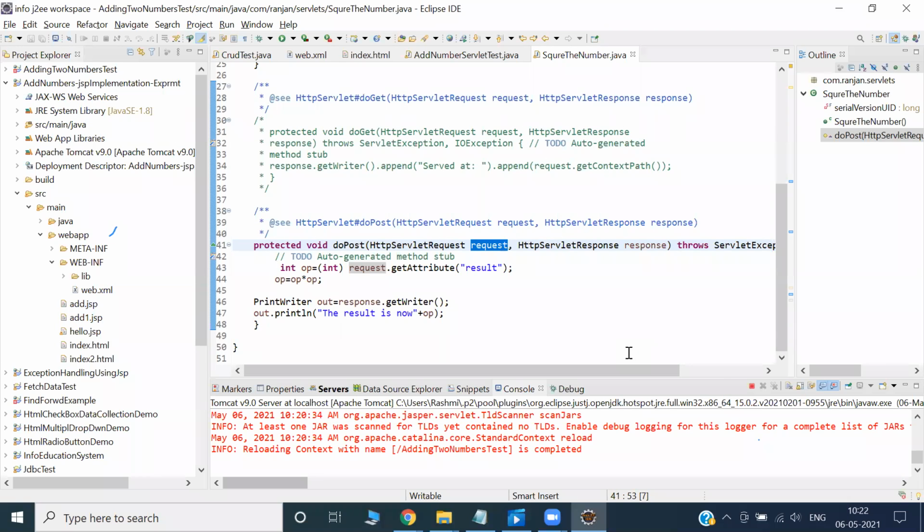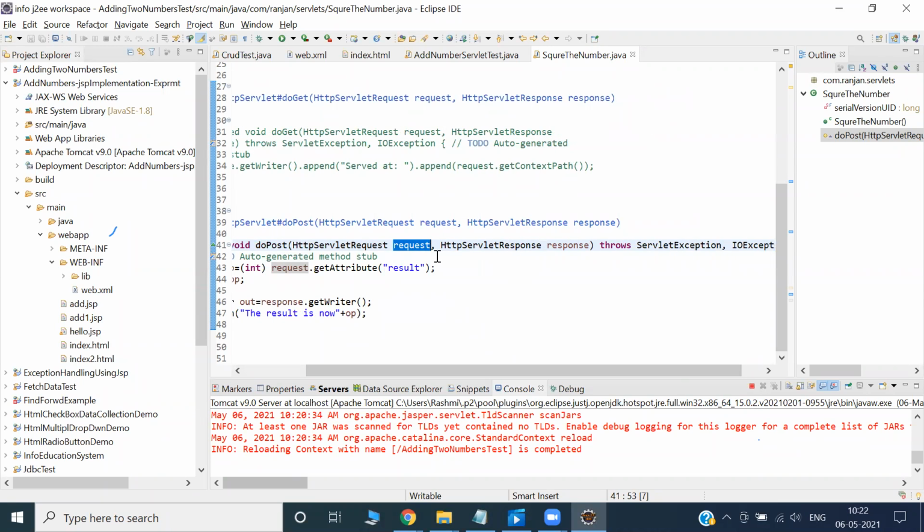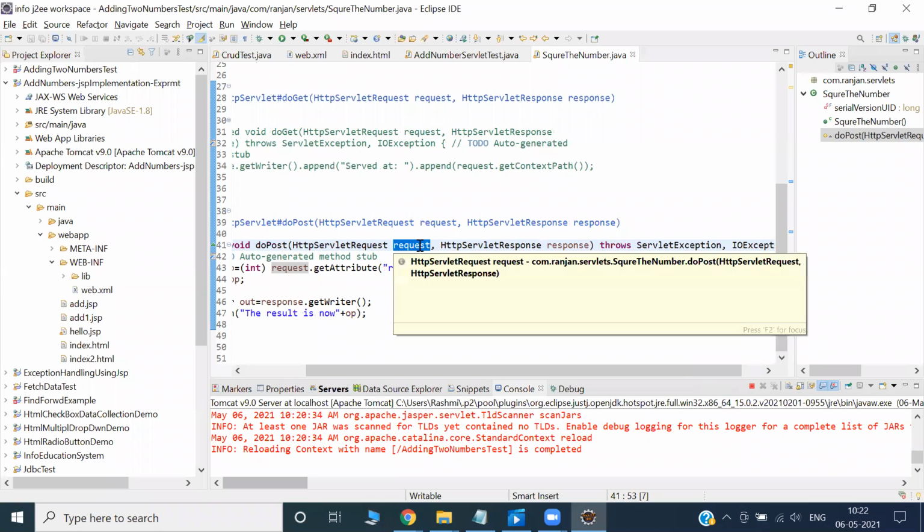I am planning to discuss those core Java things and the advanced things we have covered up to now. Let's say this request object is created by the server, not servlet.